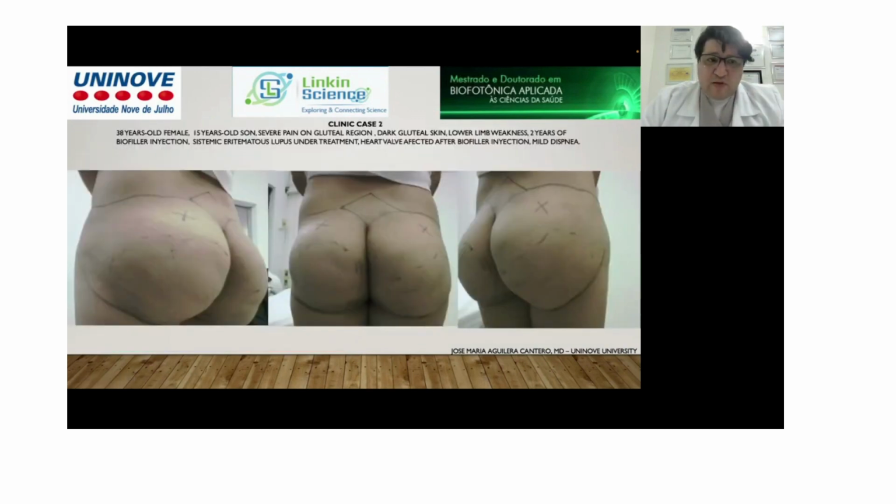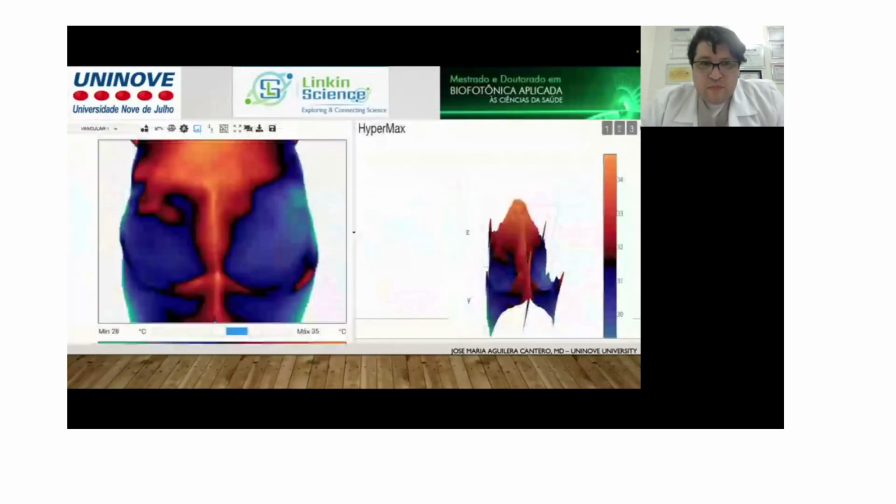This is another case. This is a patient of 30 years old. She has systemic lupus erythematosus under treatment, and the foreign body also migrated to a heart valve and affected her cardiac function. We can see here the tissue dysfunction and the tissue hypoxia caused by the biofiller, and how we can see this on the 3D reconstruction